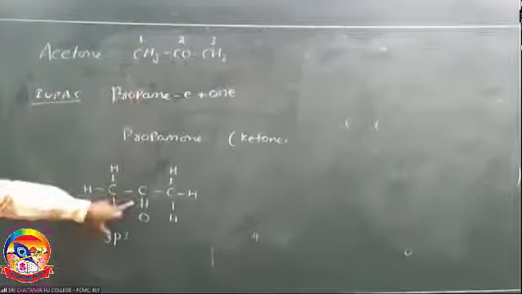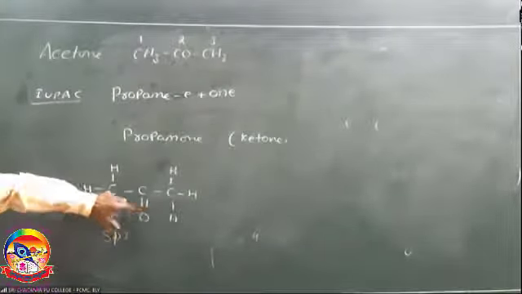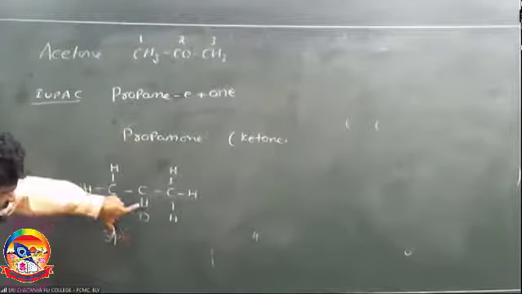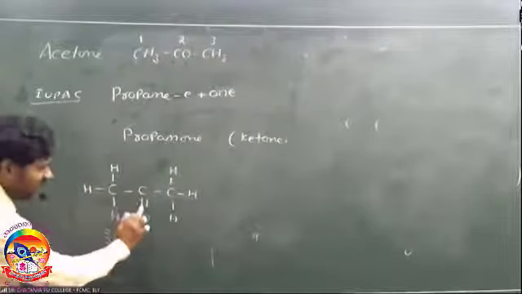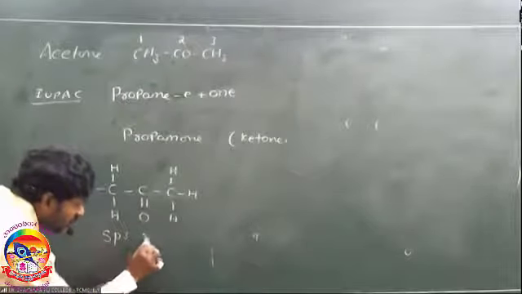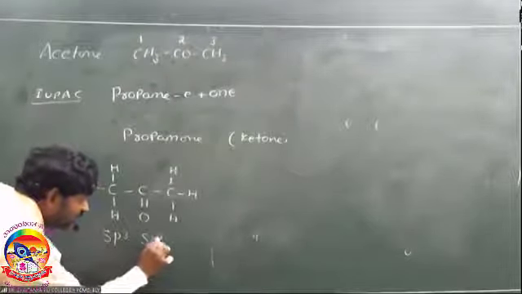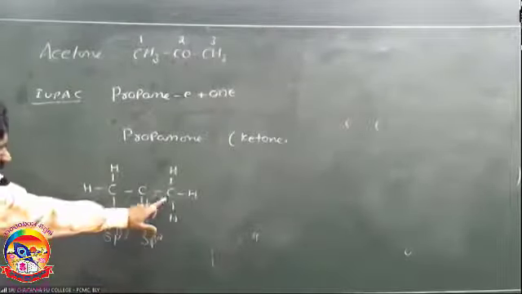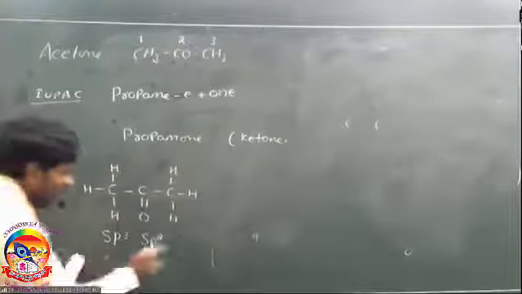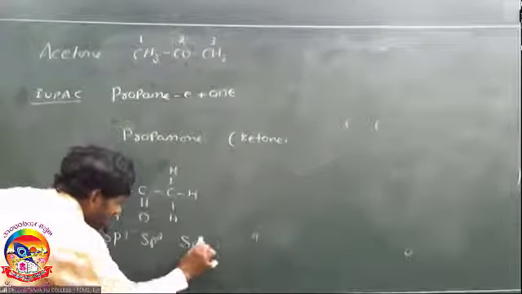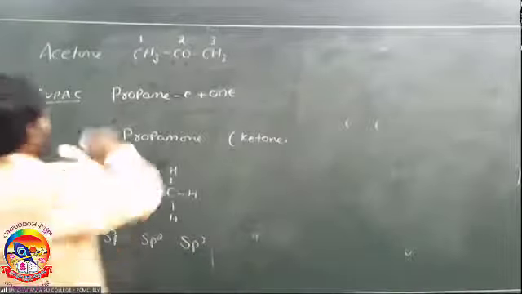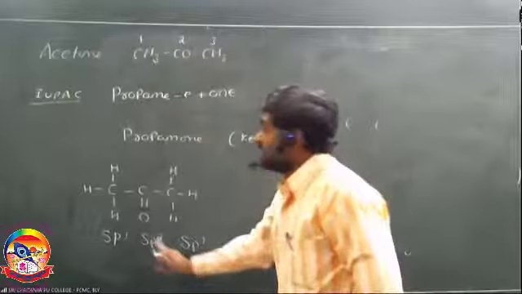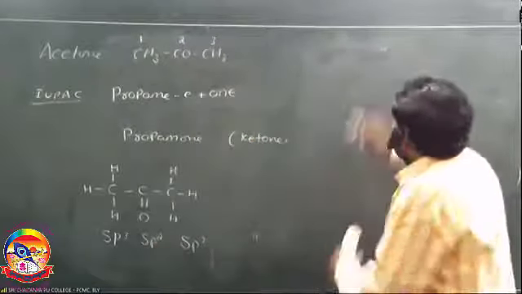So the second carbon, or middle carbon, is attached with a sigma bond. Out of these 2 bonds, one is sigma and one is pi. So the carbon which is attached with 1 pi bond, its hybridization is sp2. Here, the carbon is attached with only sigma bonds, meaning tetravalency is satisfied by only single bonds. Then, what is the hybridization of this carbon? sp3. So the hybridization of the terminal carbons is sp3. Right? Take another example.